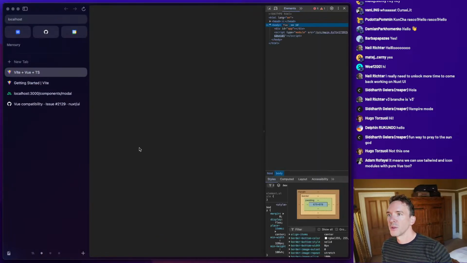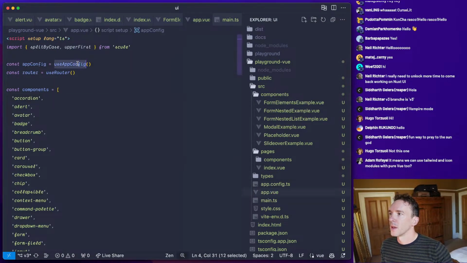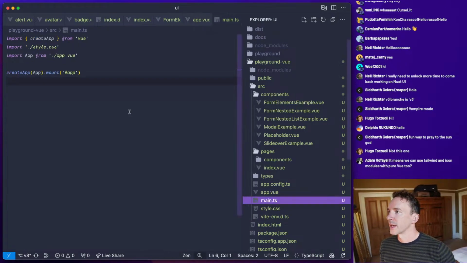Okay, so that is presumably failing because it can't resolve any of these components. And useAppConfig isn't defined. Yeah, it's not. So we're basically going to have to create a little to-do list for ourselves like this.